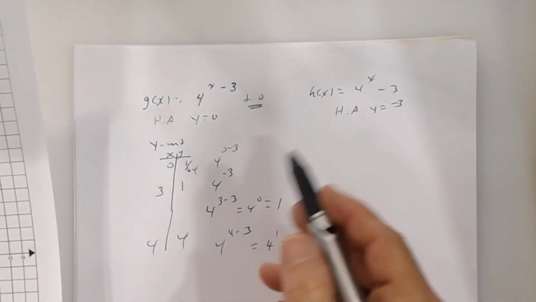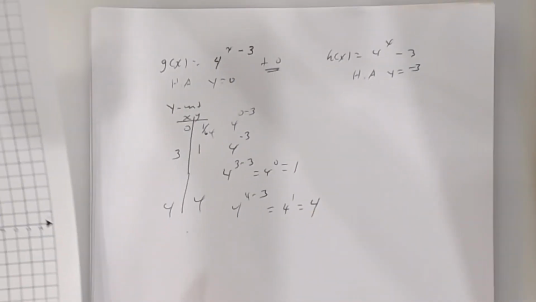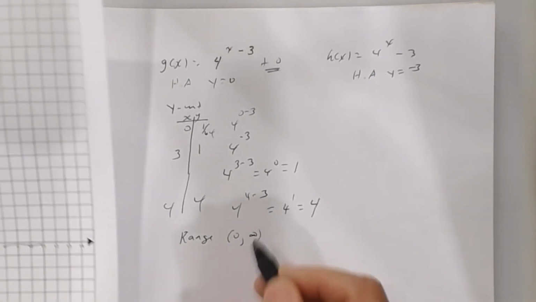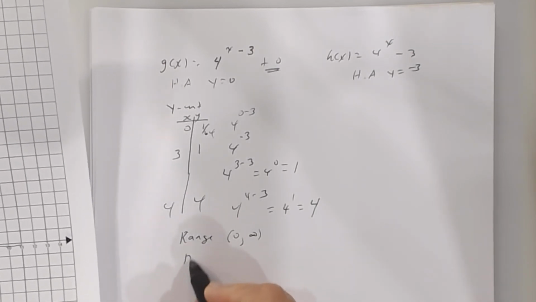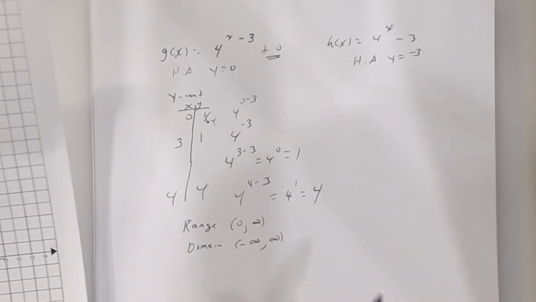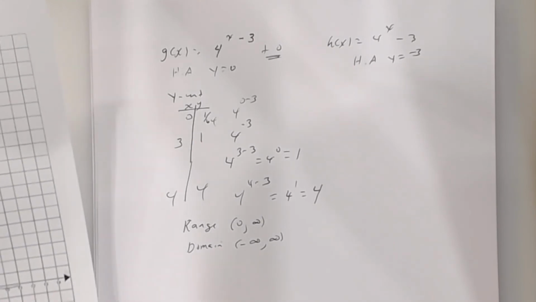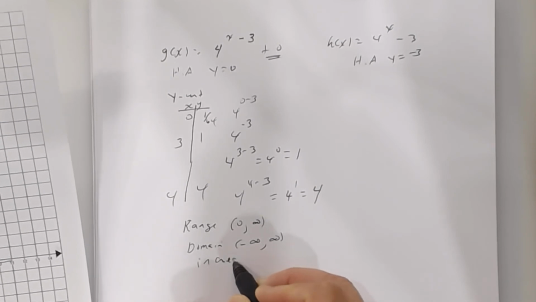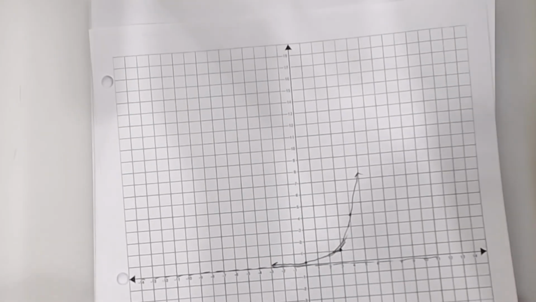All right, so let's see. What is the range? Say it again. 0 to infinity, because it's above the horizontal asymptote. We said the domain, I didn't write it down, we said the domain was all real numbers, negative infinity to infinity. We found the horizontal asymptote, we found the y-intercept, and we said what kind of function? Decreasing, increasing? Increasing. Okay. All right. Now, look at this